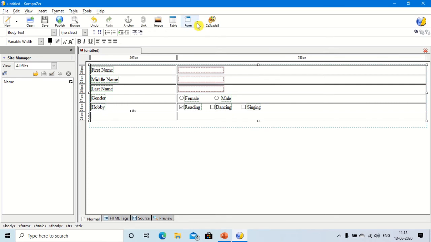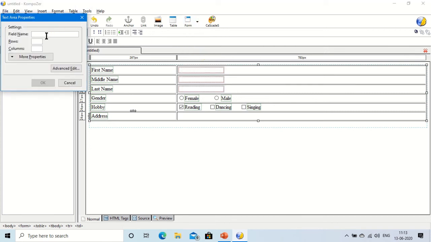So go to the form and insert the label, define label and here write address. Press the tab so that you will come to the next cell and go to the form, select the text area. Here you mention the field name, that is address